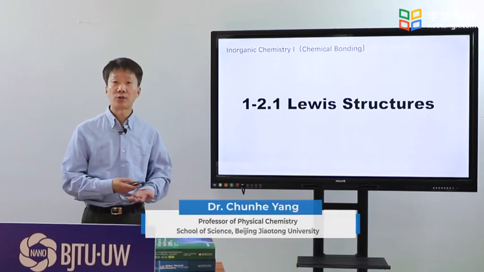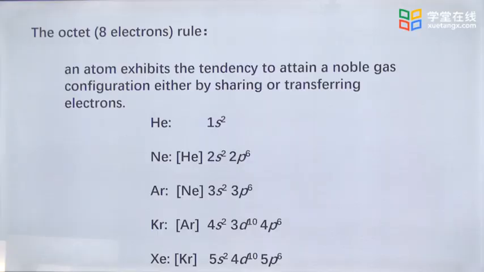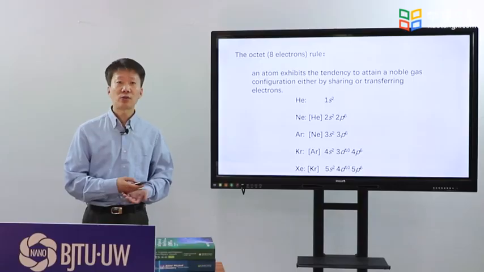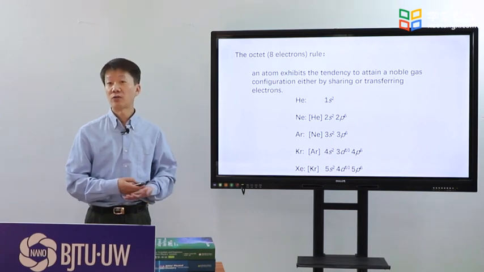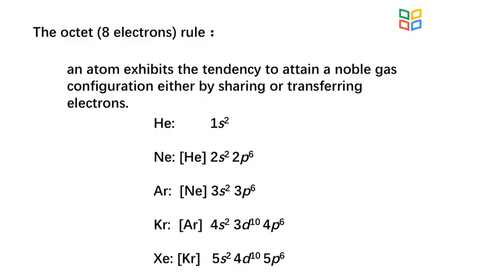Lewis structure is very straightforward for people to have a view on the molecular structure. The octet rule: you may consider it as an 8 electrons rule. The rule is based on the fact that noble gases are inert. The special stability of noble gases must be associated with their electron configurations. The rule tells that an atom exhibits the tendency to attain a noble gas configuration either by sharing or transferring